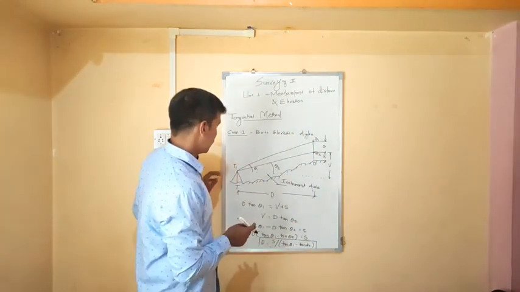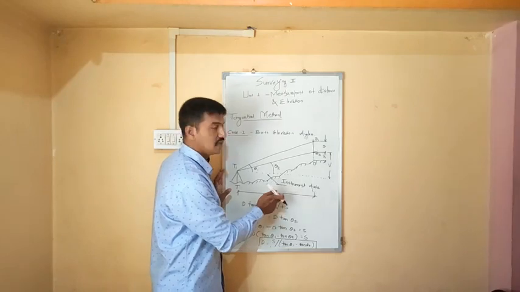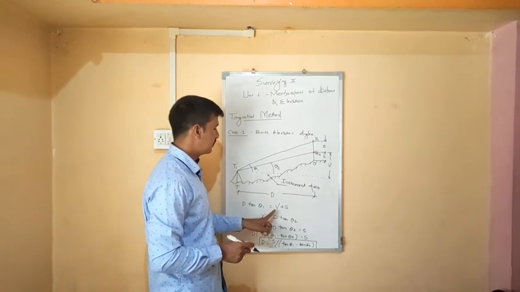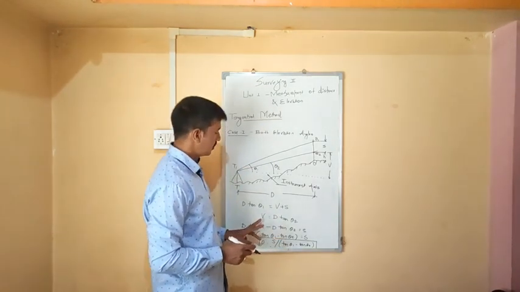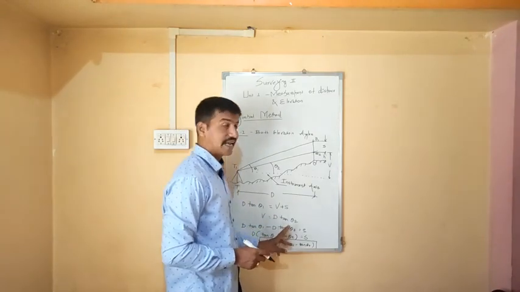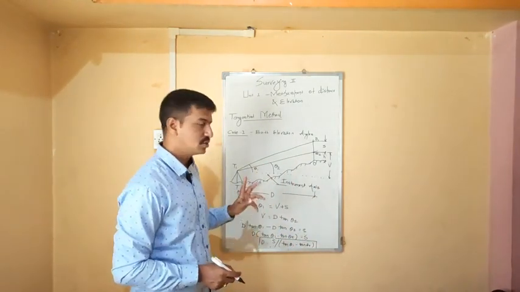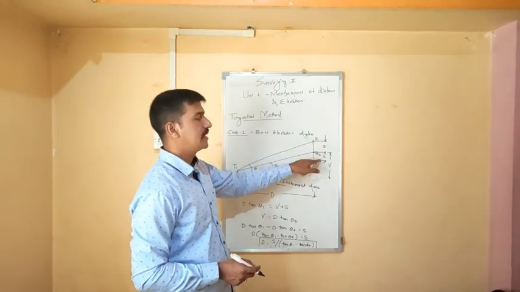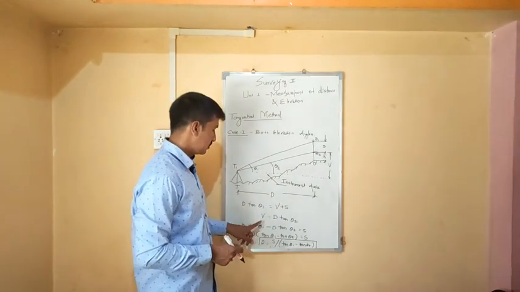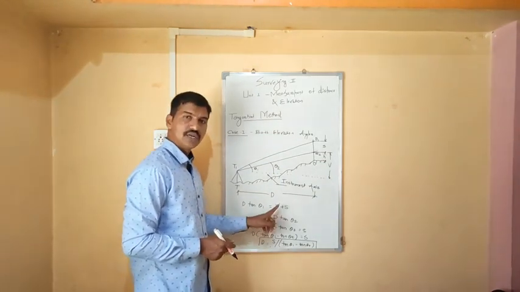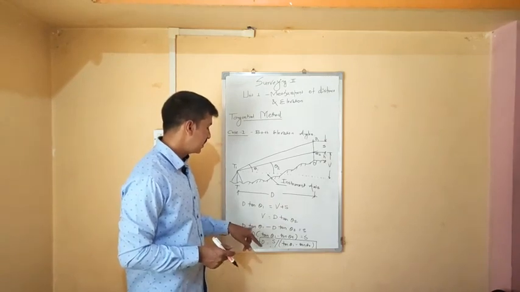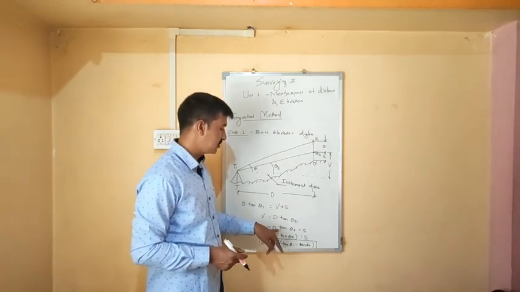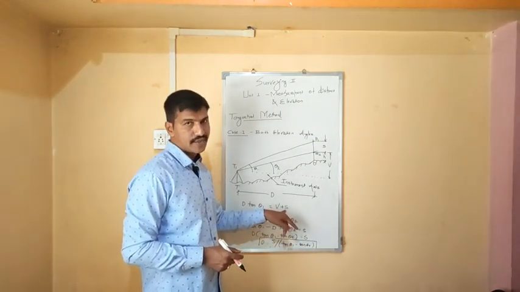Okay, next. A small derivation to find out the distance D. By using trigonometry, D into tan theta 1 will be equal to V plus S. V is equal to D into tan of theta 2. Theta 1 and theta 2, these are the 2 angles made from the instrument to the target 1 and target 2. Okay, now let us substitute the value of V into the first equation. What you will get? D into tan theta 1, V is taken on the other side, it will be minus D into tan theta 2, it will be equal to S.